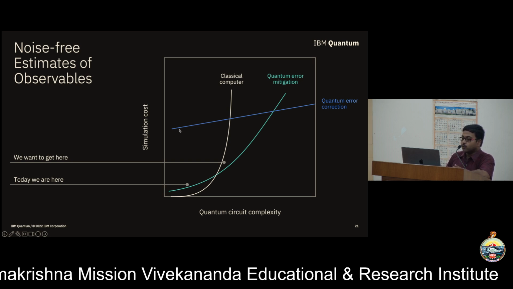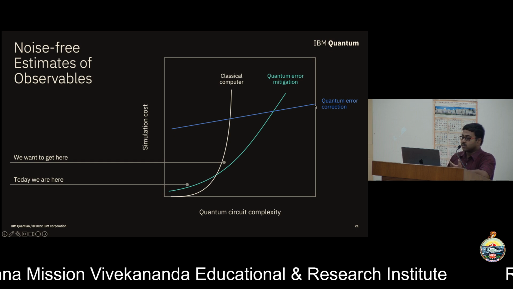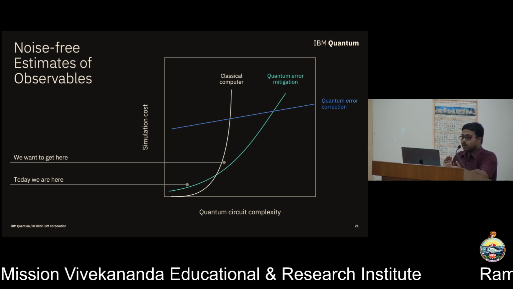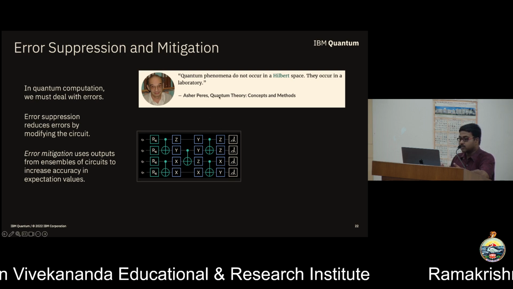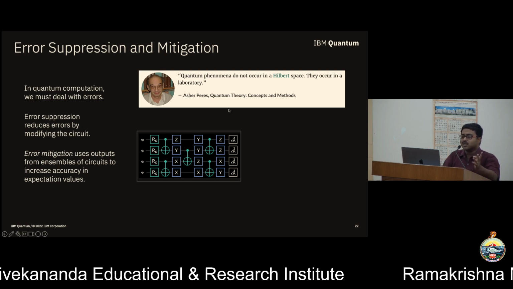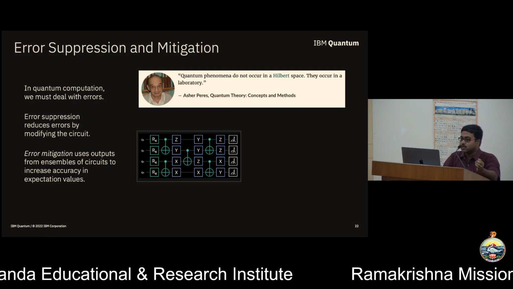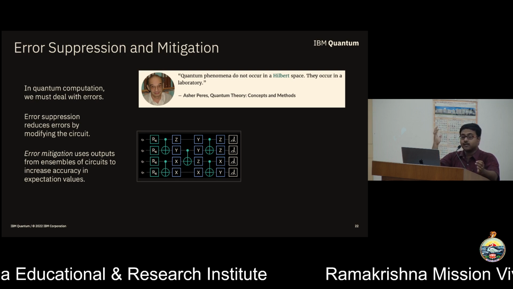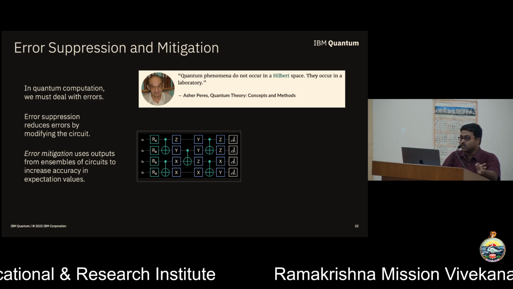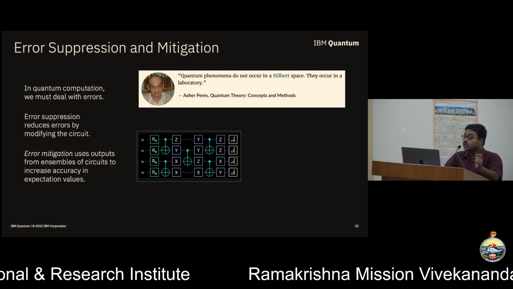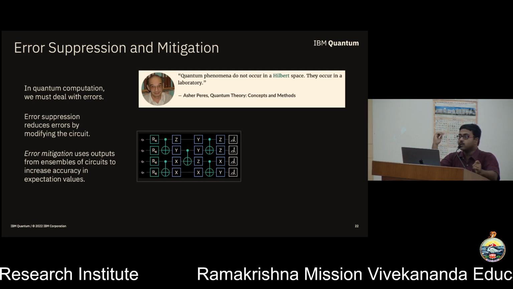And soon, hopefully, we will reach this quantum error correction regime where quantum can flourish its whole promise and whole potentials. So here is this very famous quote from Asher Peres, who said that when you start studying quantum computing, they will teach you all these things about Hilbert space and all. It's just a vector space. And we say that a quantum system is a vector in the Hilbert space. And he said, no, forget all of those. Quantum phenomena do not occur in Hilbert space. They occur in the laboratory. What it means is all the imperfections of the laboratory are there when you start doing experiments.